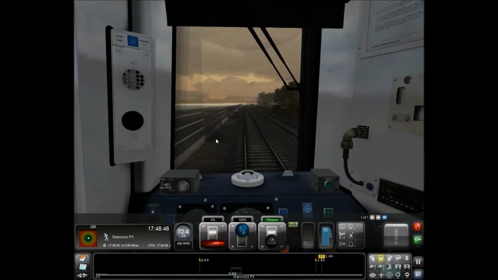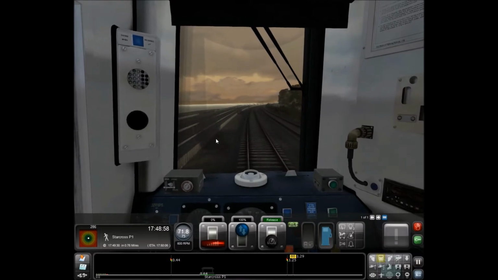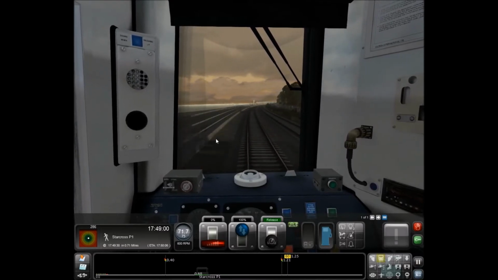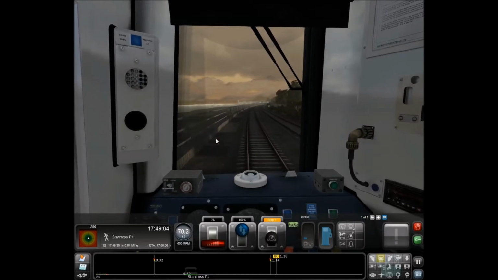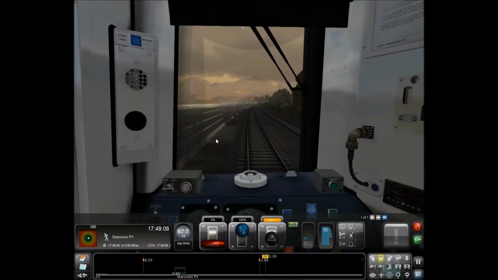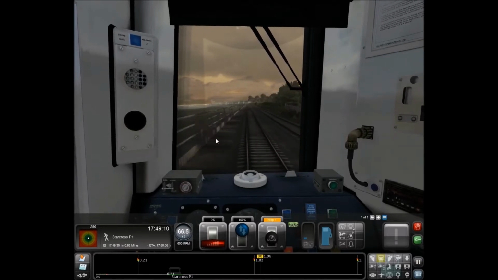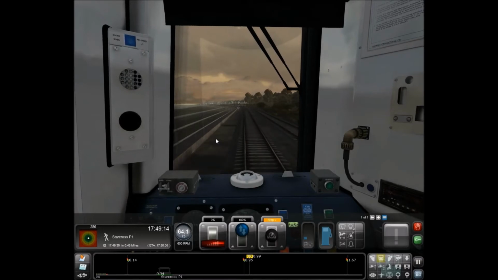Yeah, it's quite nice, this scenario, to be honest, just because it's obviously set back in the Network Southeast days. And seeing that intercity coming the other way, it's nice that they've incorporated other trains into it. I like that. It's a nice scenario, don't get me wrong. The train's nice to drive and everything, as was the 158, but